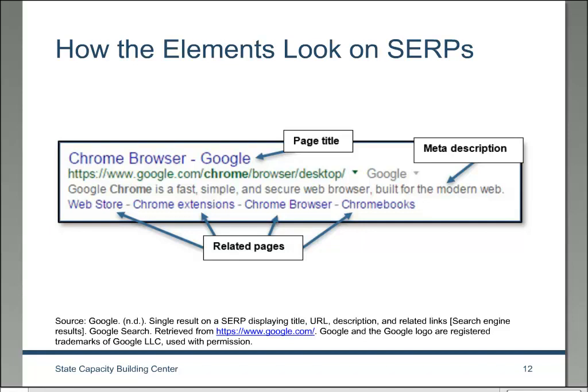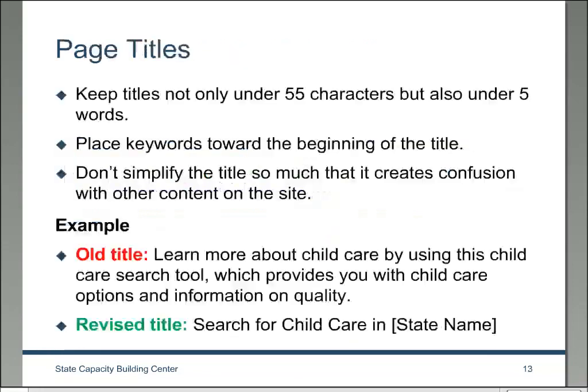Again, I mentioned this earlier, but I just want you to see this before we dive into how to fix and write some of these things, what they look like on a search engine results page. So again, you can see these three pieces of metadata here. The page title, and the meta description is that sentence there in gray. You can see the URL structure is also very clean and simple here as well. And then they've taken the extra step, because they are Google in this example, of including some different heading tags that also display as sublinks.